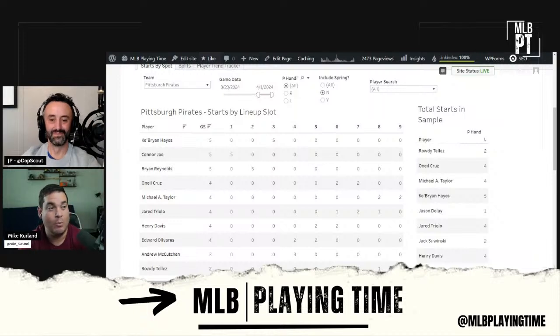You could double check it. That's what this tool helps with too, because you can just come on to the site and the tool is there for you to double check it. Like, oh, he's actually sat against 2 out of the last 3 righties, so he's just not playing. That's when you drop him. You know what I mean?